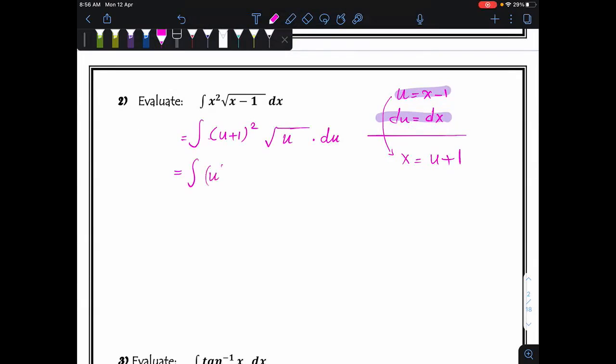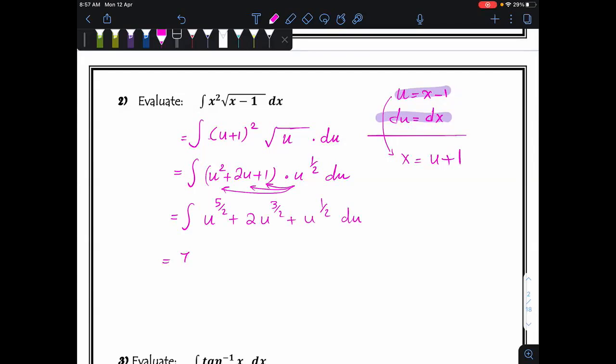Expand: u squared plus 2u plus 1, times u to the power of half. And multiply this u to the power of half by all terms inside the parentheses. So it's the integral of u to the power of 5 over 2 plus 2u to the power of 3 over 2 plus u to the power of half du, and then integrate. It is 7 over 2, so it can be 2 over 7 u to the power of 7 over 2 plus